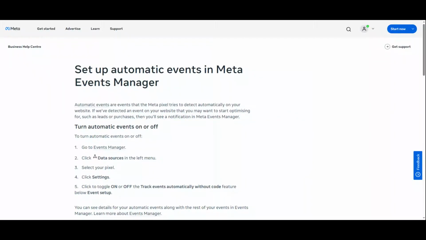In today's video, I'm going to show you exactly how to install a Facebook pixel on WordPress, step by step. If you want to track visitors, measure conversions, run retargeting ads, or improve your Facebook and Instagram ad performance, installing your Meta Pixel correctly is absolutely essential. The good news is it's actually very simple, and I'll walk you through everything from getting your Pixel ID to